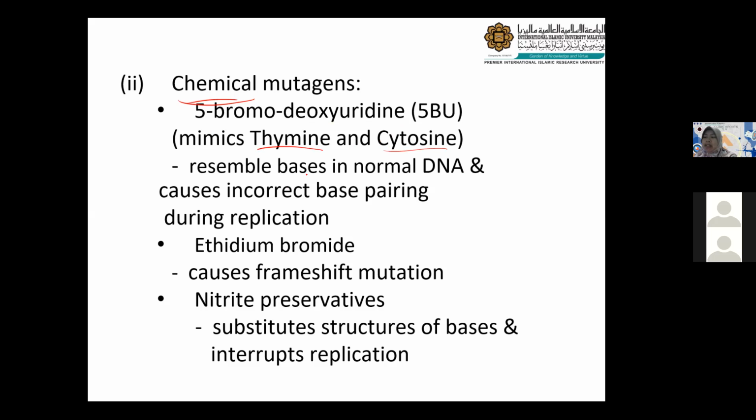So what happened? They resemble the normal bases in DNA and cause incorrect base pairing during replication. Okay, Mina bagi contoh lah. Let's say 5', 3'. Okay, this is our normal DNA. Sepatutnya this is our double-stranded DNA. Okay, sepatutnya kalau our nitrogenous base is T, it is complementary to A. If it is C, it is complementary to G. Right. So if mutation takes place with this chemical 5-BU,